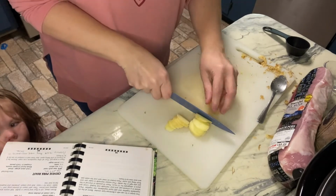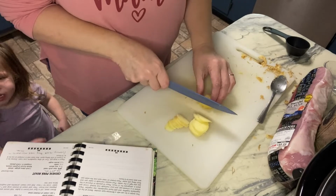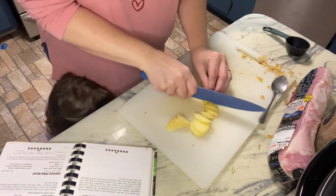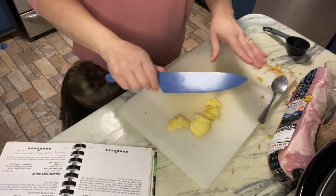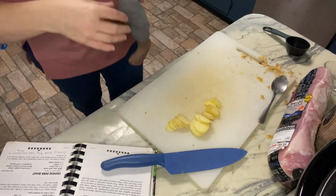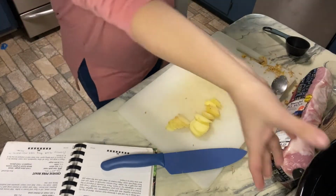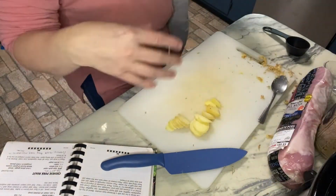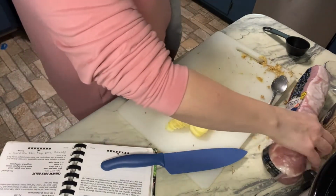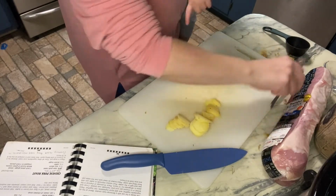But the lady that put this in here, Miss Alice, she texted me and said that this recipe was her grandmother's and that she was a missionary in China, which was really cool. And Marianne's trying to help. So she was a missionary in China for a really long time. And I asked her how long she was there and when she was there. She said she was there in 1917. How cool is that? I also asked her how long they were missionaries